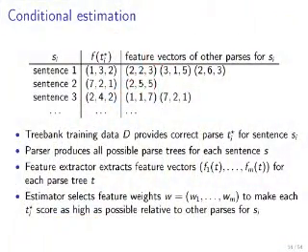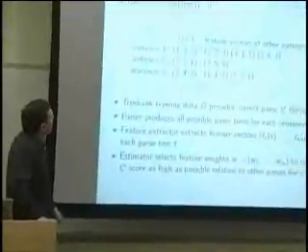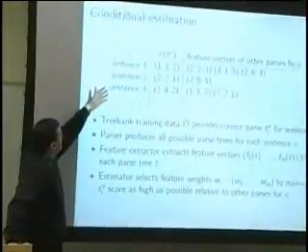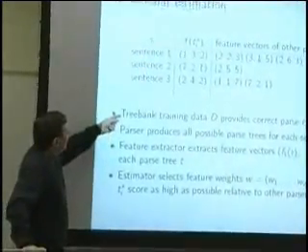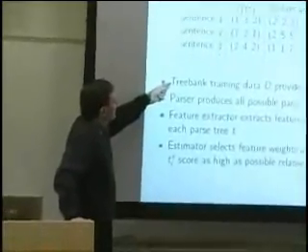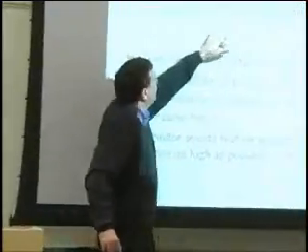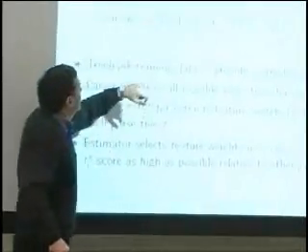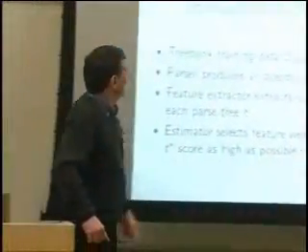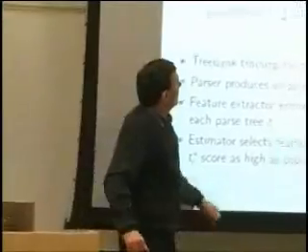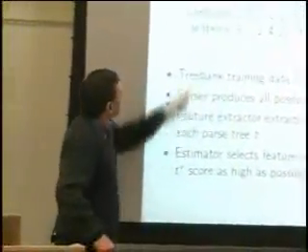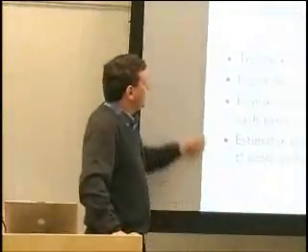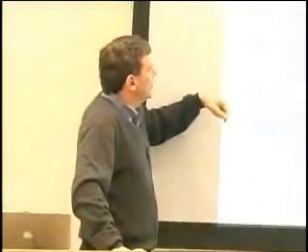And so here I'm trying to give you a little bit of a picture of what this conditional estimation really means. If you imagine our training corpus consists of a set of sentences and parse trees, then our treebank training data tells us what the correct parse is for each of the sentences. We've got our feature functions, and we can apply them to those parse trees to get a feature vector for the correct parse tree. We can then run our parser on the sentence and obtain the feature vectors for all the other parses for each of these sentences over here. And the feature extractor extracts features for those too.